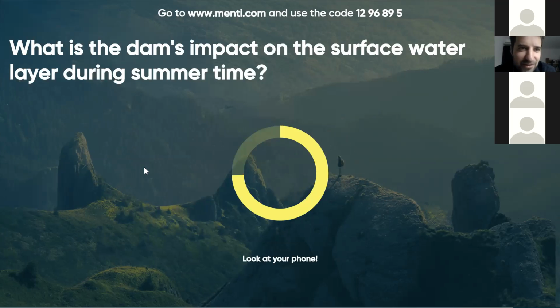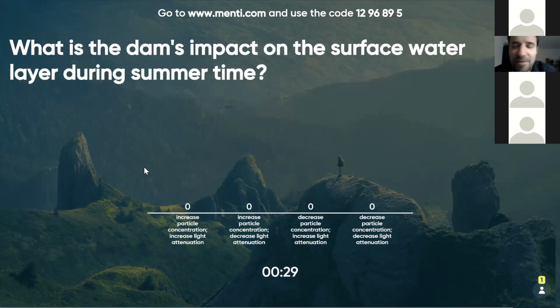We'll see who is going to win. What is the dam's impact on the surface water layer during summertime? Increased particle concentration, increased light attenuation; increased particle concentration, decreased light attenuation; decreased particle concentration, increased light attenuation; decreased particle concentration, decreased light attenuation. So you have to